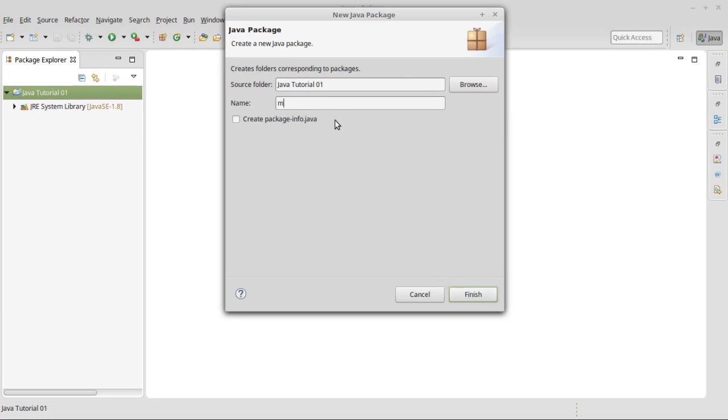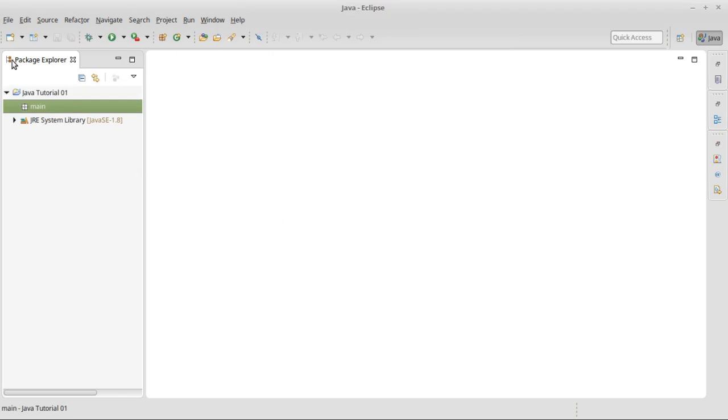Or you can even use the conventional name, which is my something, whatever it is you want to use, but I'm just going to call it main and create. So now that you've got a package, that's basically just a folder, and that's how the folder is going to show up. All you have to do now is click on the folder,